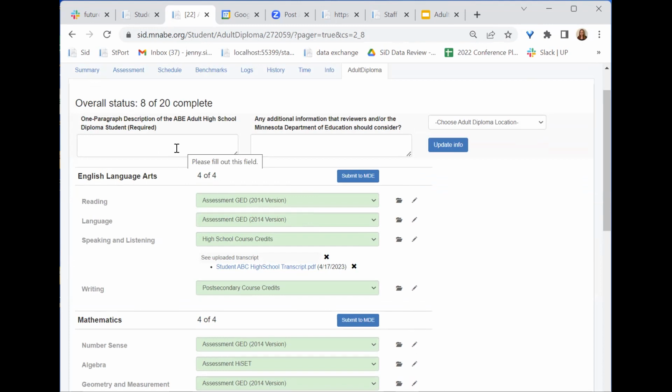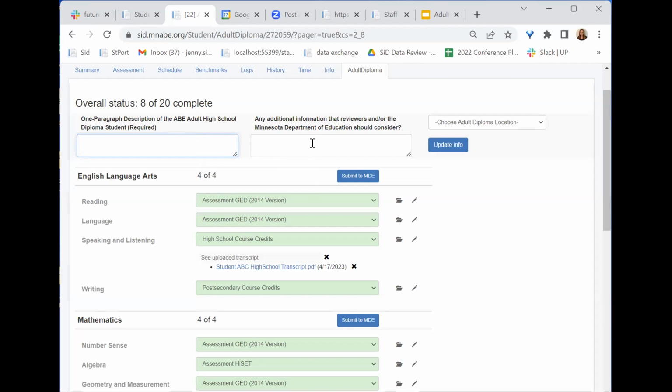And it says required because in the past it was required in order to do your final submission. But right now you can do each of these little mini submissions without having yet done this step up here. But what we want you to do is to get in the habit of actually doing this step at the top before you do your first submission. So the first paragraph description is something that I'm personally not aware of what exactly content goes in there, but I think you all as programs are probably aware of what sort of information you generally put in for the description.